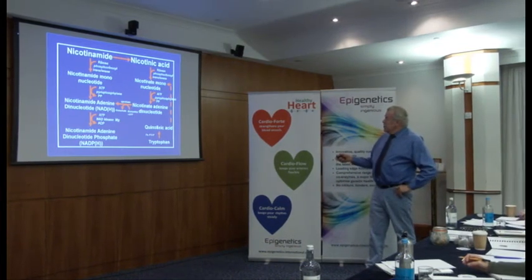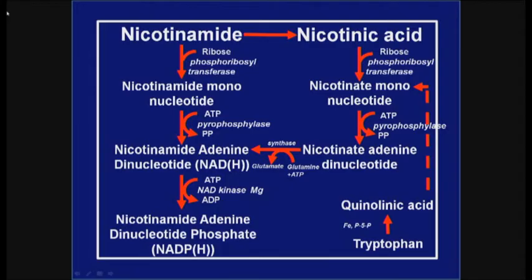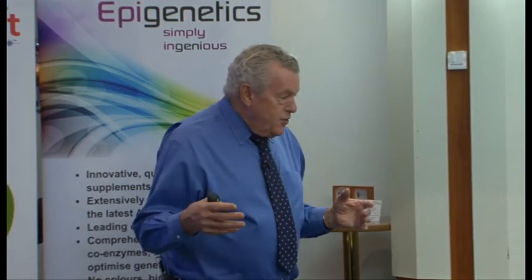If we take this route and use the nicotinic acid here, it then produces ultimately the same compound, but through a different route of the nicotinamide adenine dinucleotide. Nicotinic acid is the one form which causes the bigger vasodilation. So it's not very popular as a food supplement or to be added on, except there are some people who swear that they like to take nicotinic acid because it actually opens their blood vessels up and it clears out